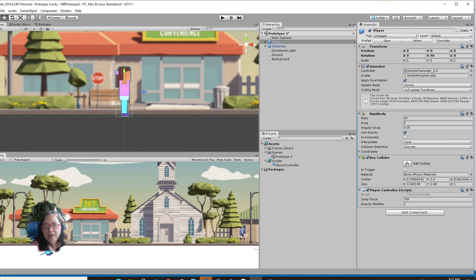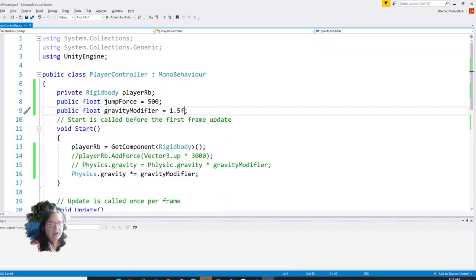The next thing we're going to do in this video is to prevent the double jump. So we need to figure out what is going on with this double jump. We added that in there with the body, modifier, and jump force. Okay, so now we're going to go back into our code, and we're going to talk about how do we know if we don't want her to jump twice. So we're going to do something. We're going to add in